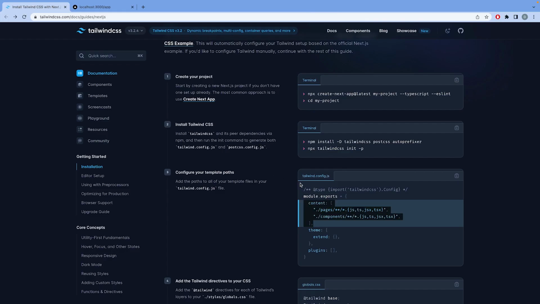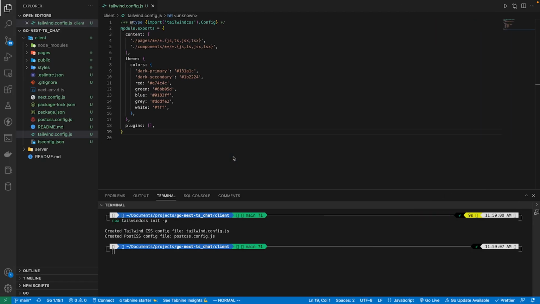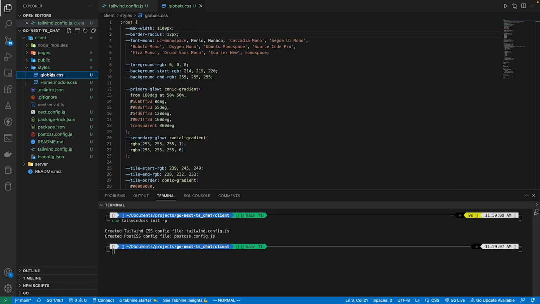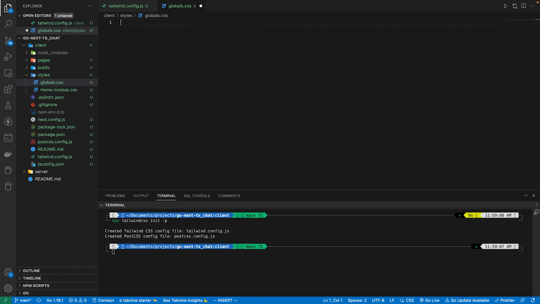And the next thing I want to do is add these 3 lines to styles/globals.css. So I'll come to styles globals.css and get rid of everything in here and paste those 3 lines in there. And then go into pages